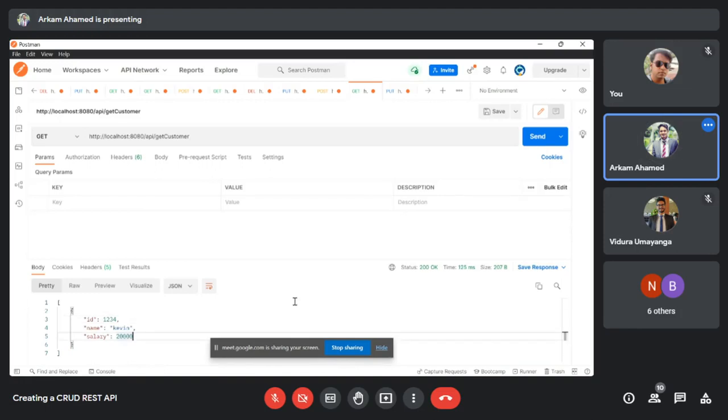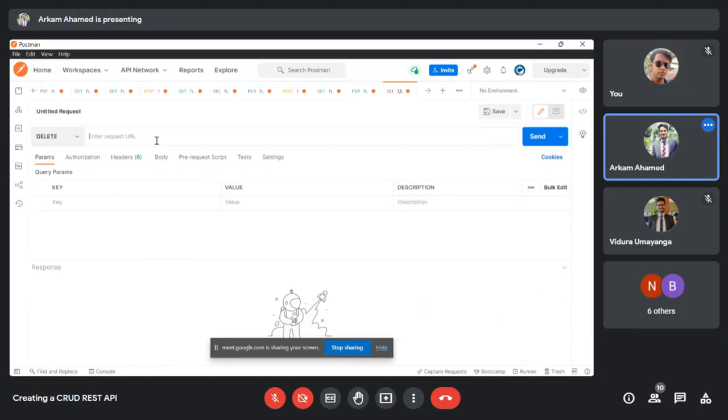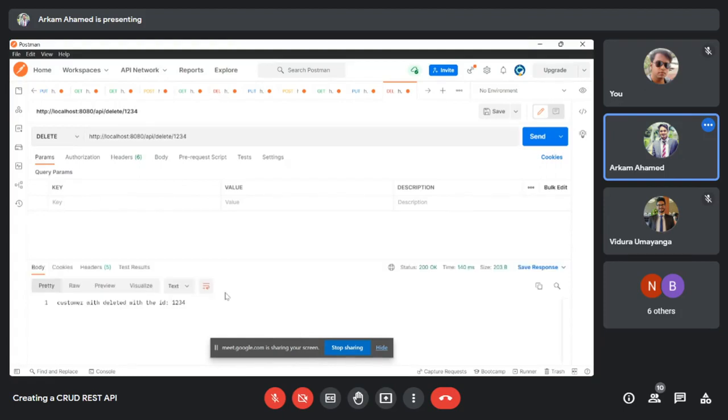So now let's delete that. Using the delete request. We'll have to pass the correct ID. So 1234. So the customer has been deleted with the ID 1234. Now let's check that. You will have to get an empty array. So yeah, we are getting